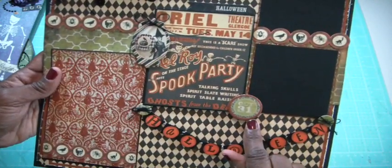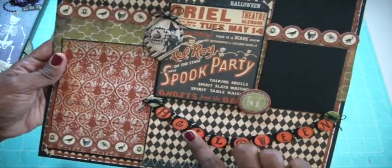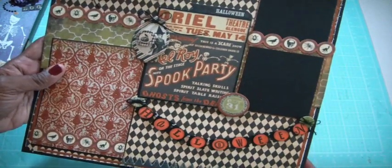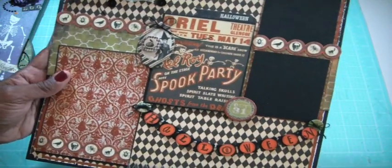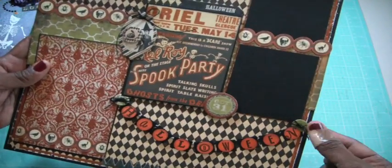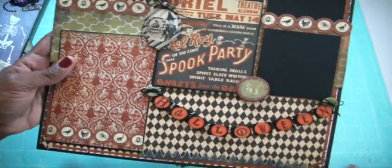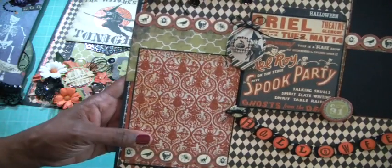again. Another chipboard piece that says October 31st. And then here I'm using that banner that says Halloween that was gifted to me in a rack from Cynthia. Thank you, Cynthia. I have one more left to use, and that's the word spooky. So I'm sure I'll be putting that to use this Halloween. And then I have 2 buttons here with the thread tied in a bow on each corner, kind of holding up the banner. And then here is a 4x6